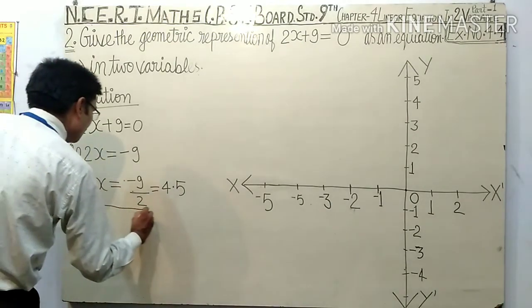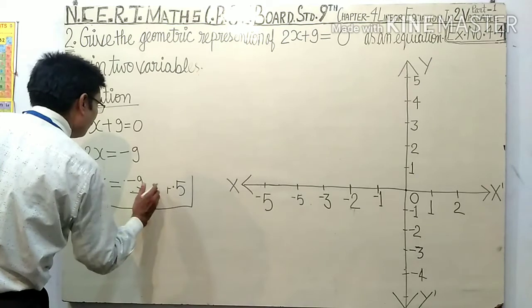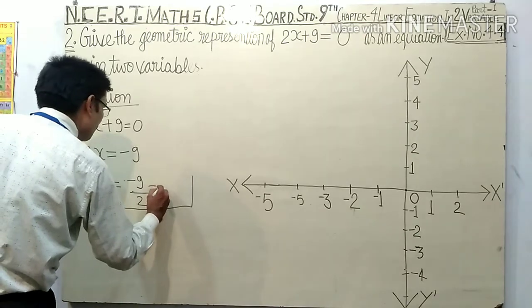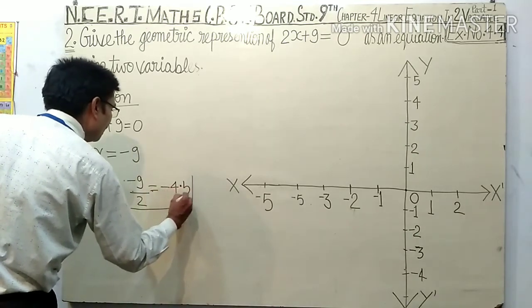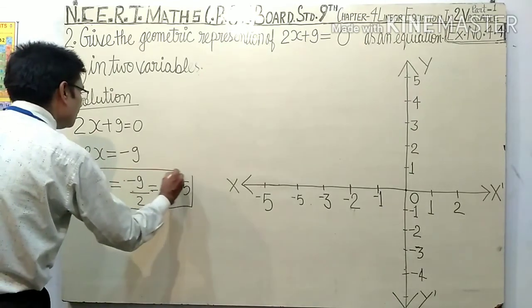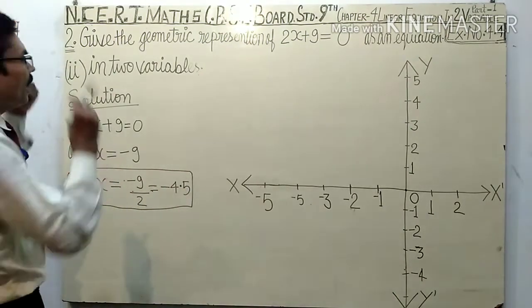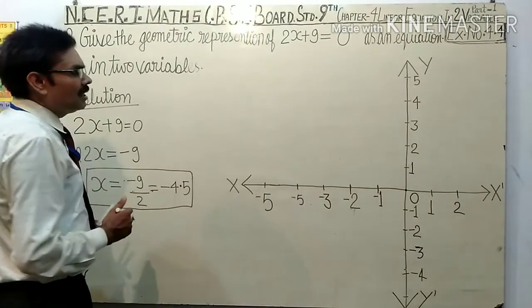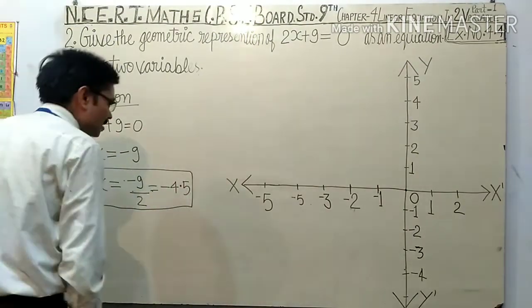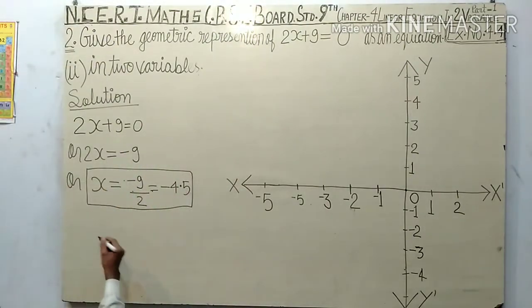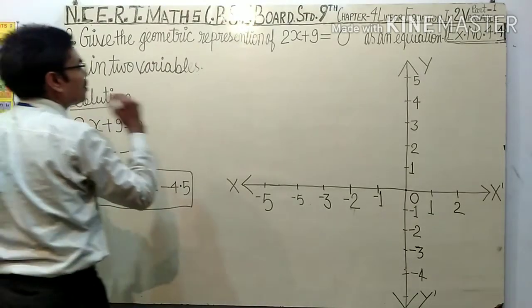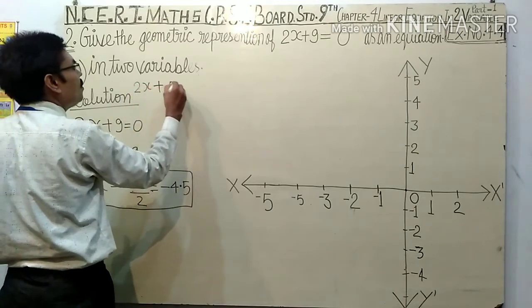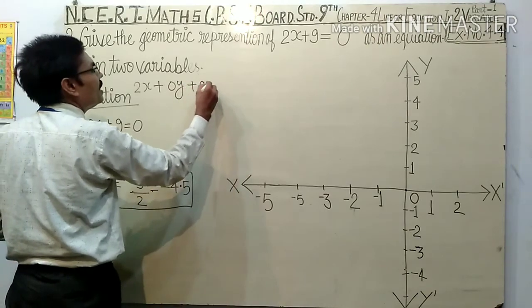In the first question, the value of y was constant, and in this question the value of x is constant. Now this equation is similar to x equals a. This means the graph of this equation will lie parallel to the y-axis. So take so many values of y. This can also be written as 2x plus 0y plus 9 equals 0,